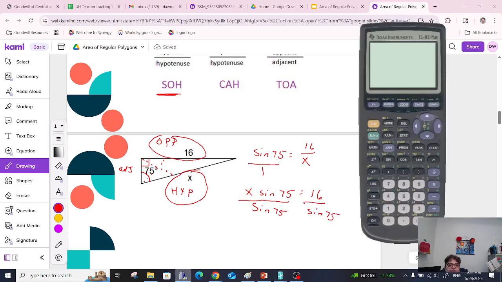My calculator always reverts the mode when I turn it off, so I'm going to change it, make sure I'm in degree. You multiply when x is on the top. You divide when x is in the bottom. So 16 divided by sine 75 is equal to